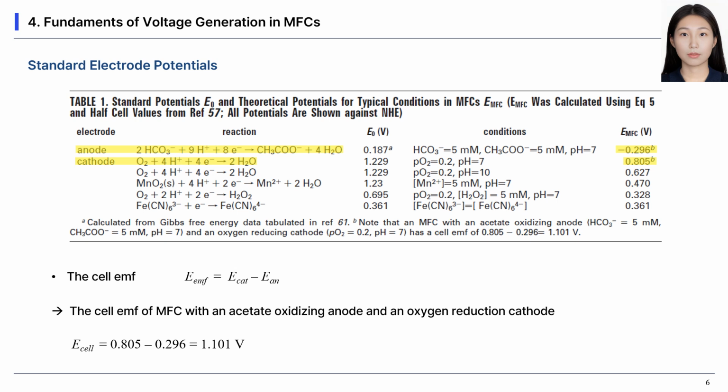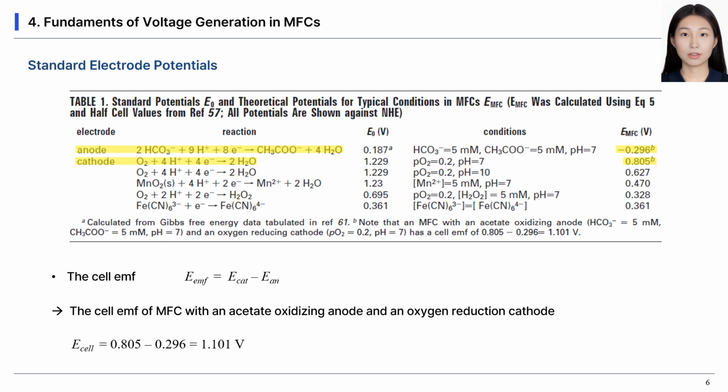These potentials are reported relative to the normal hydrogen electrode, which is assigned a value of 0. For example, in an MFC using acetate as the substrate, the standard potential at the anode for acetate oxidation is negative, around -0.296 volts. This negative value indicates that electrons are released during the reaction. At the cathode, if oxygen is used as the electron acceptor, the standard potential is positive, about +0.805 volts under neutral pH. The difference between these potentials gives us the theoretical EMF of the cell, which can reach around 1.1